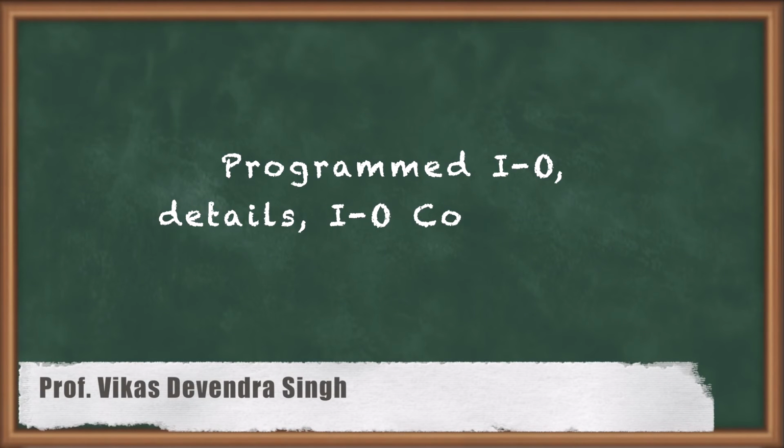Dear friends, today we'll be starting with the topic of programmed I/O details and input-output commands. Now, why is programmed I/O detail required? Because it is a method of transferring data between the CPU and a peripheral, such as a network adapter, or it may be a storage device also. Each item transferred is initiated by an instruction in the program, involving the CPU for each and every transaction.